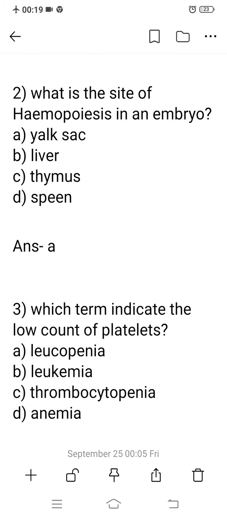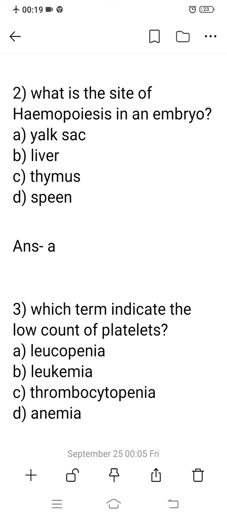Question number 2. What is the site of haemopoiesis in an embryo? Option number A, yolk sac. Option number B, liver. Option number C, thymus. Option number D, spleen. Now, at first we know that